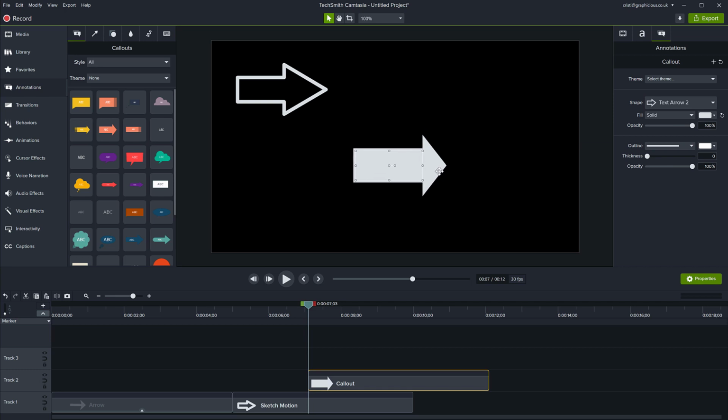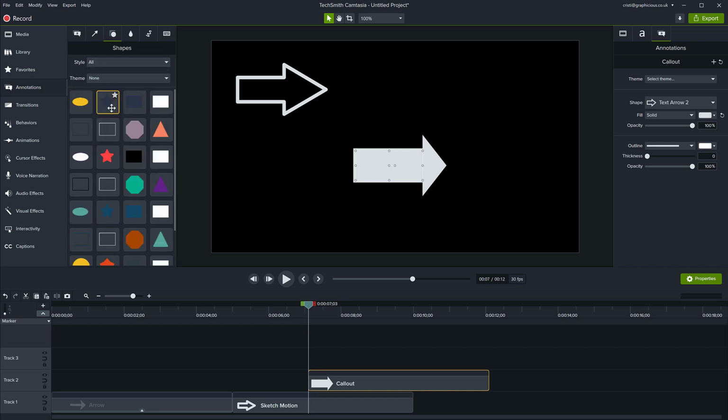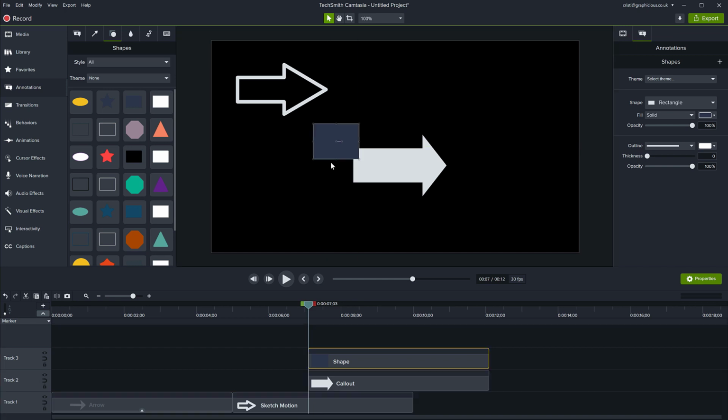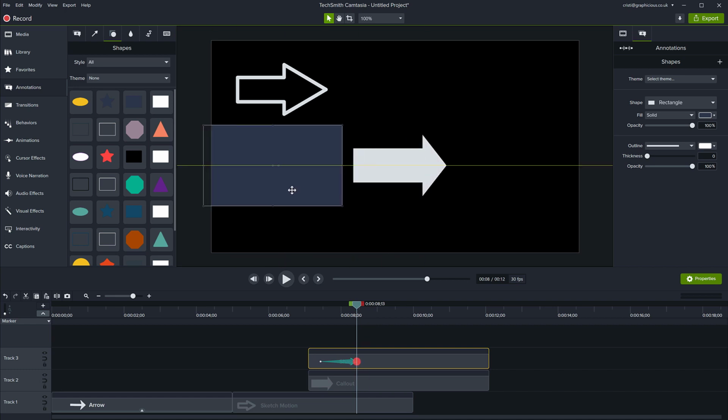Or if I really want to slide it in a different way, I can actually use the new annotation with the media mat. So you can go to shape, let's find a shape here and use this rectangular thing. I'm going to cover the whole arrow just to show you how you can create your own reveal. So this one covers the arrow. Now what I can do is animate this coming in.